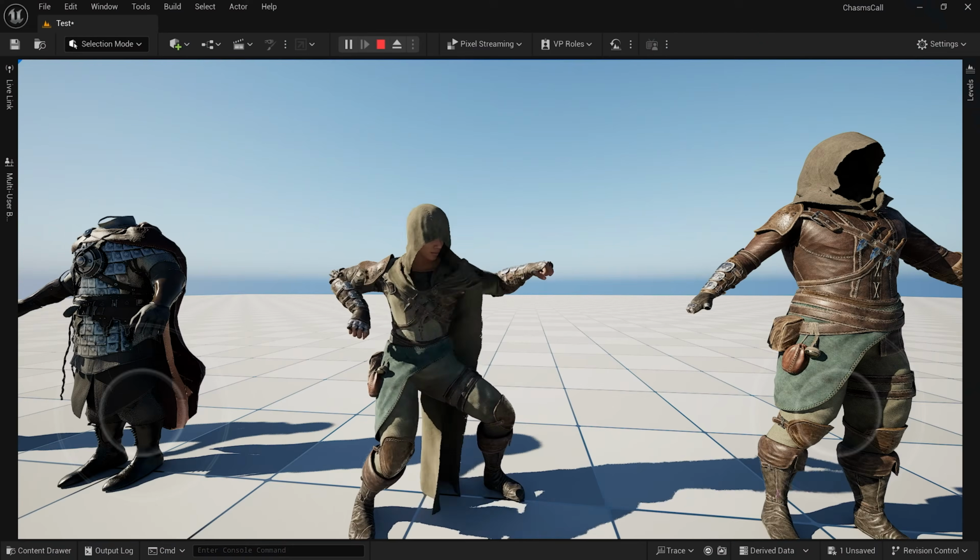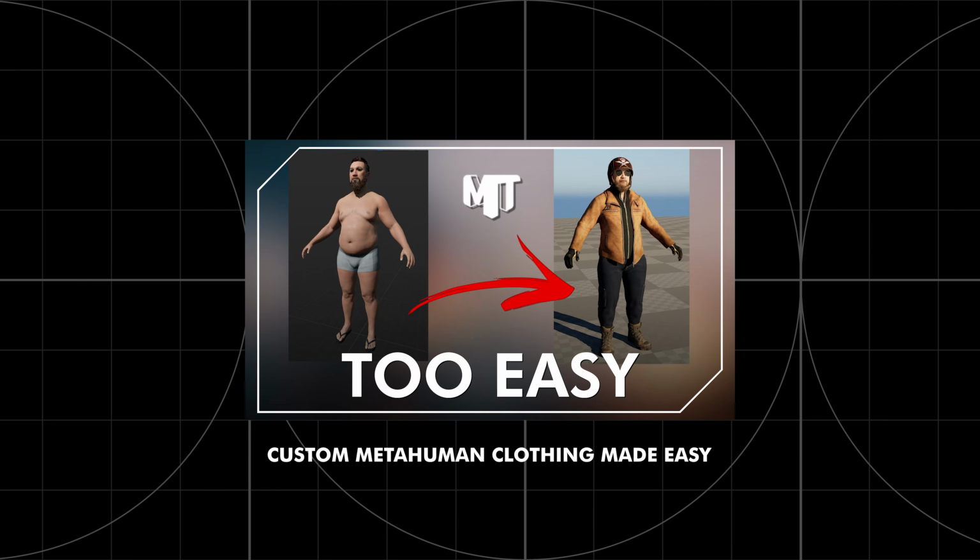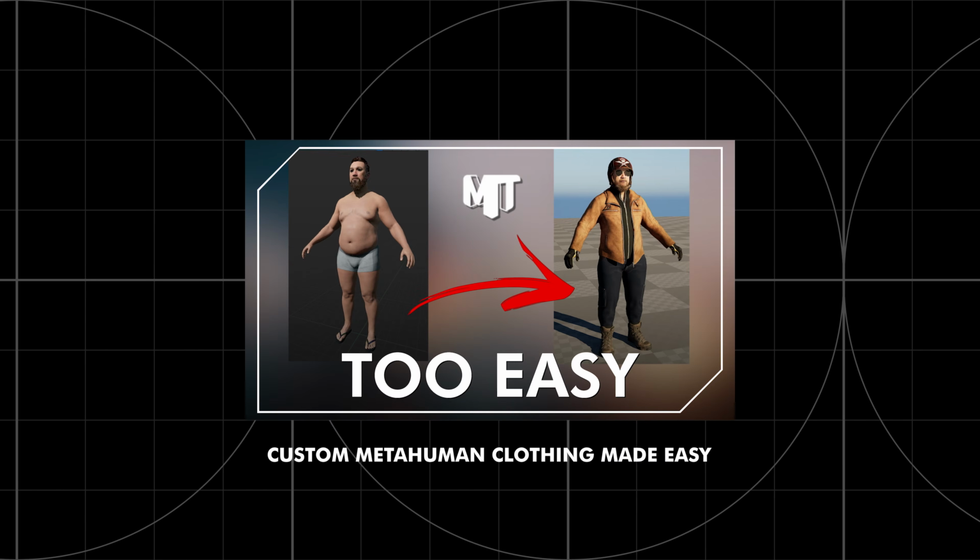And in this case, I applied physics to the capes of the characters. So as they're fighting, we have realistic moving cloth. And we do have a dedicated episode here on the channel that walks you through applying clothing to a metahuman